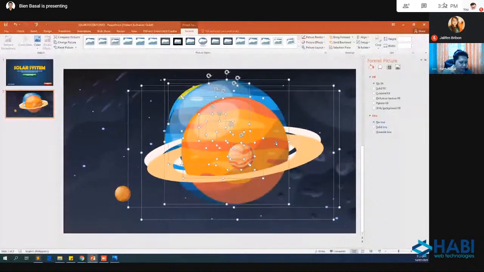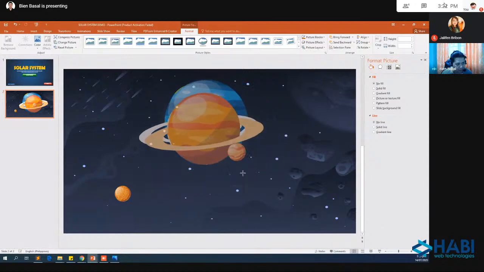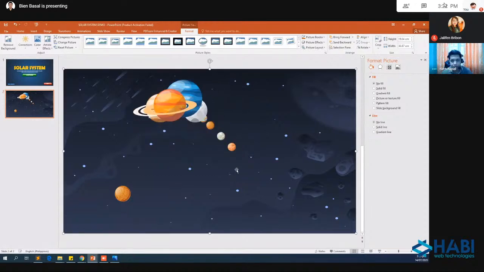So we have a lot of shape images here. I will now resize them. And all you have to do is rearrange them.